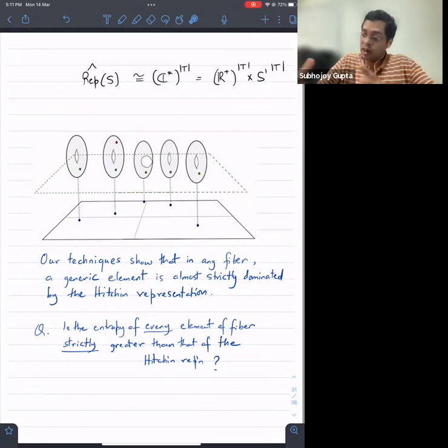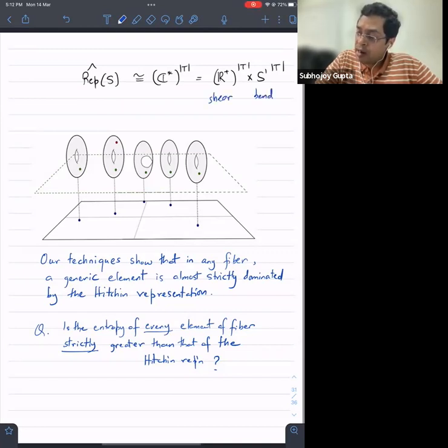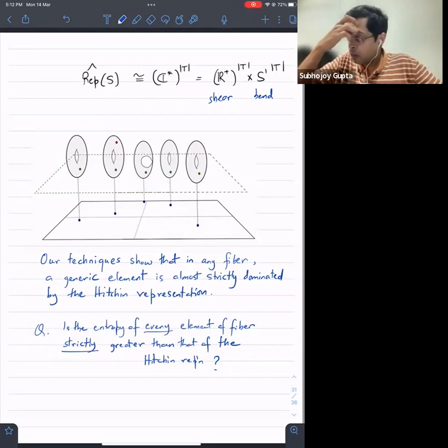So going back to the picture that we had of the Hitchin fibration, there is a picture like that here as well, because you can divide these complex Fock-Goncharov parameters, in the case of n equal to 2, into shear and bend parameters. And if you fix the shear parameters, the bend parameters determine this torus in this picture. And it might be possible to show that in fact the entropy. Let me first mention that our techniques show that a generic element in these tori is almost strictly dominated by